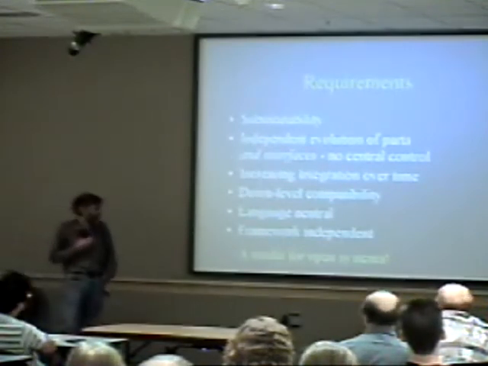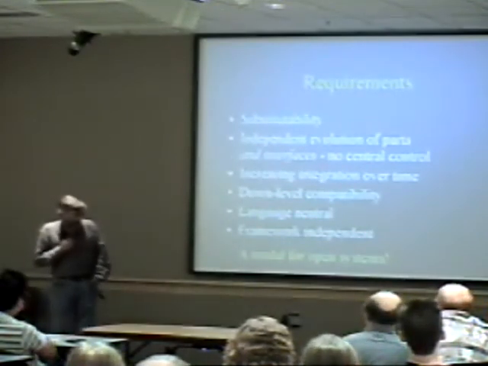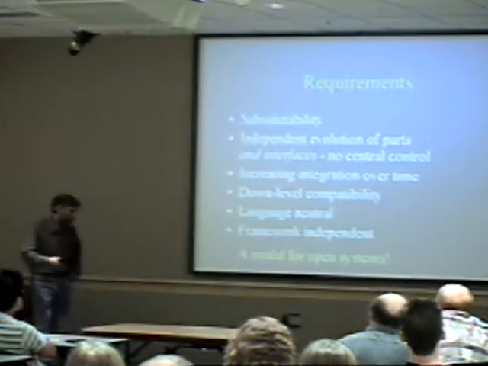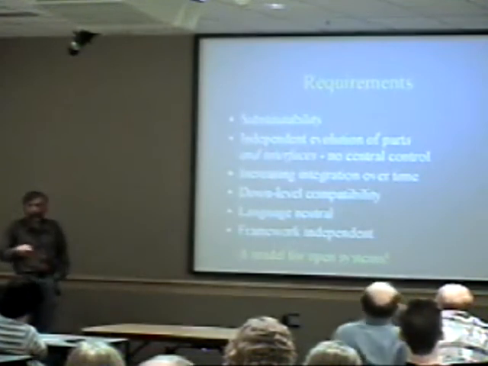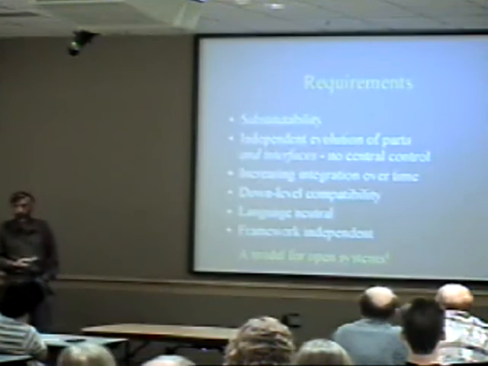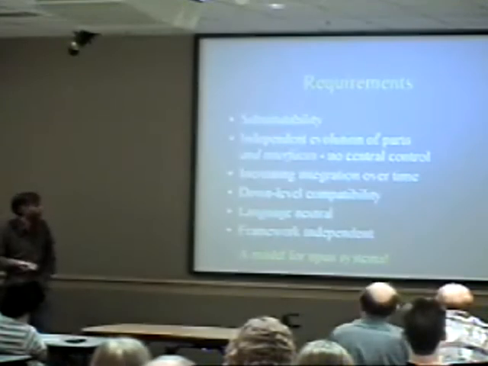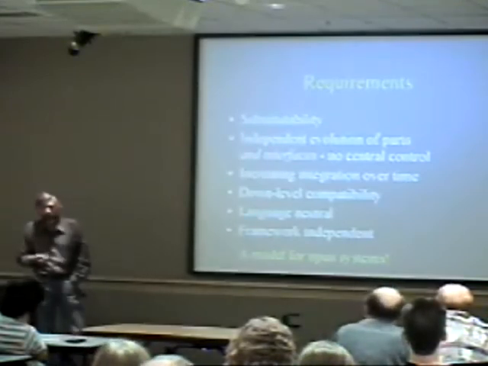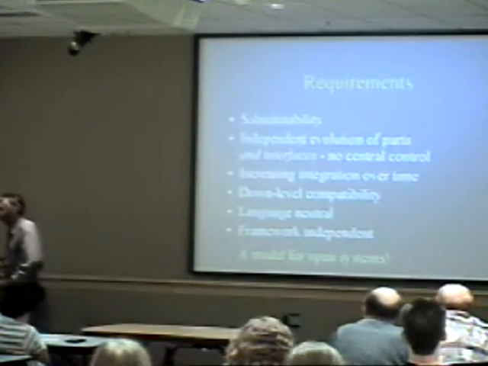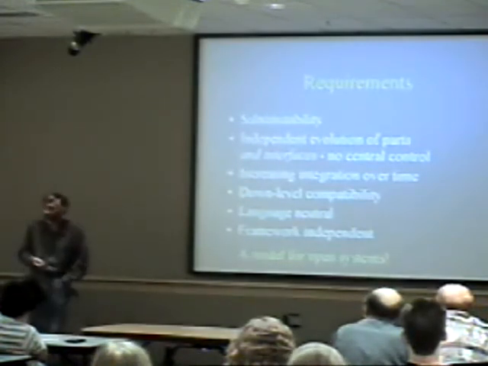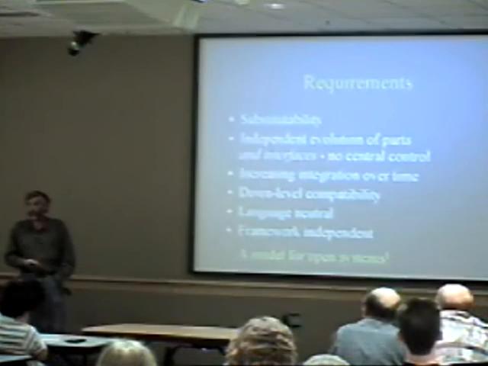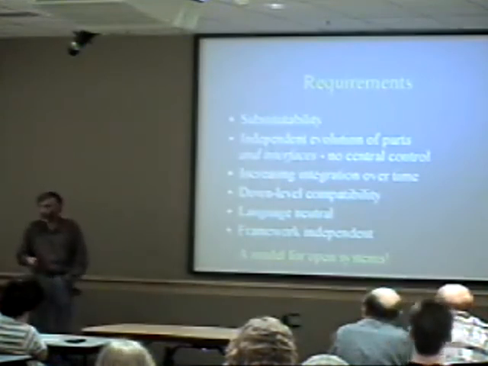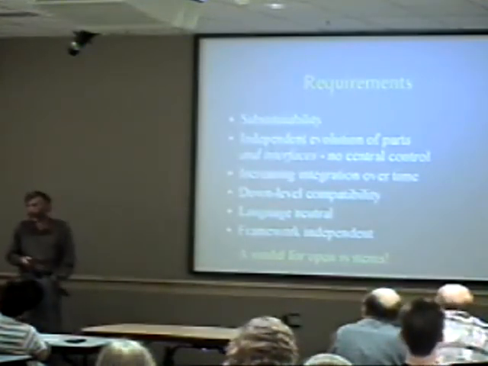And when you put all this together and ask what's the set of requirements that's really going to drive this design? Substitutability of objects is clearly important, because if you have to do something special in the container for each type of object you're talking to, you don't get that arbitrary extensibility. Because these things are coming from different vendors, and Microsoft product groups were more or less different vendors back in those days, these things have to be able to evolve independently over time as they add features and do new implementations and so on. And you don't have any central point of control.